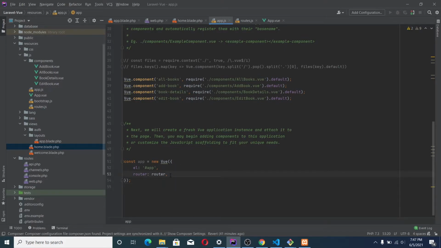Oh, now this is one important thing we are going to add here. Say render. This is very important when you're using the Laravel view.